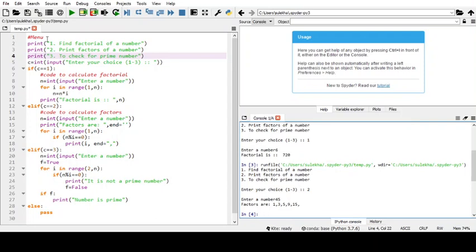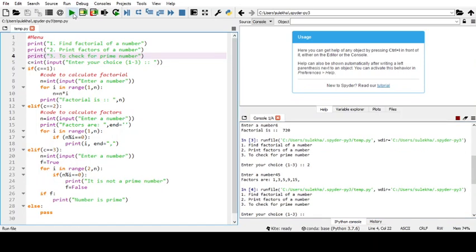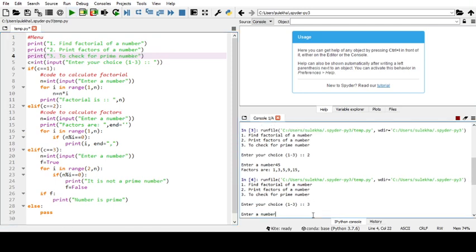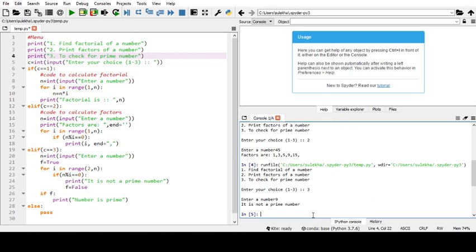Okay, now again if I run the same program, and this time I enter 3. Now for checking the prime number, if I enter 9, it is showing that it is not a prime number.